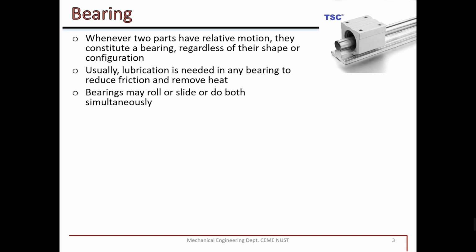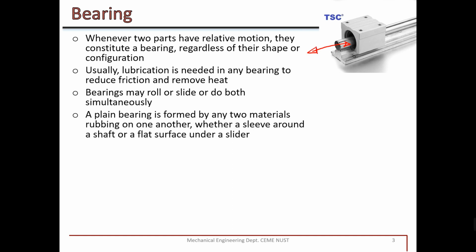Sometimes we have a component that slides on another component. That connection is also called bearing, but mostly in our life we use bearing for rotary elements. For example, in this case, this shaft may move in this direction, axial motion, and this bush provides a bearing surface, and it reduces the friction on the surface. Our basic purpose is to provide the bar with this lateral, axial motion.